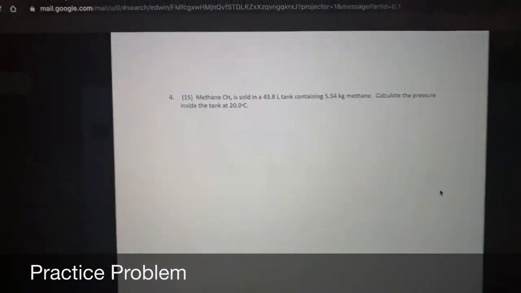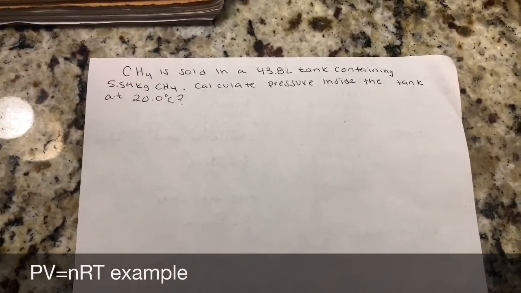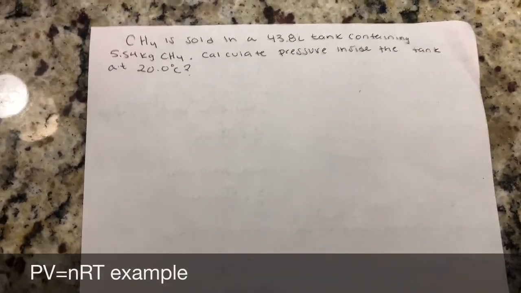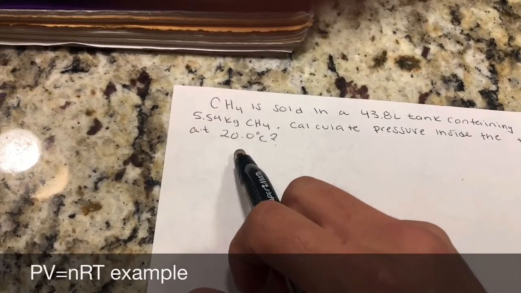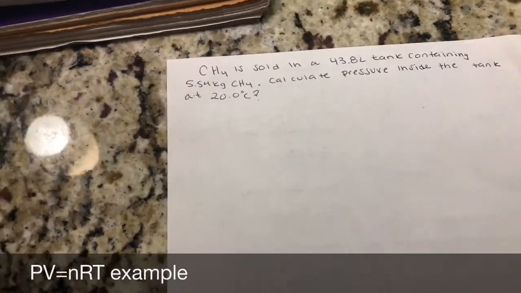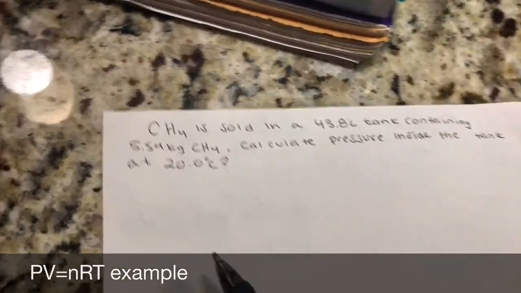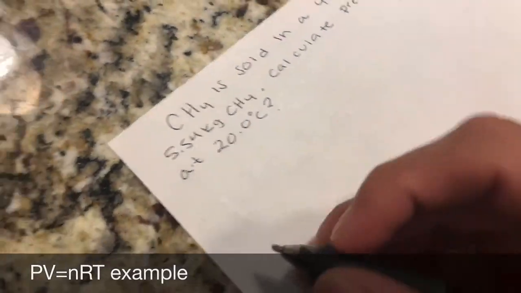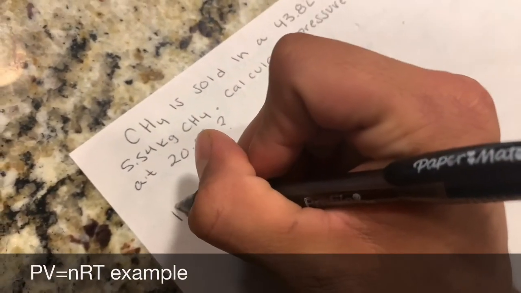So I'll rewrite the question on a separate sheet of paper. Here we wrote the question. Basically, to make this easier for us, like I said earlier, I definitely want to convert the kilograms to grams first, and I definitely want to change this to Kelvin degrees, so I don't make any mistakes while doing the actual equation. That's what they often do to you, to throw you off. So we can easily convert these kilograms into regular grams by just